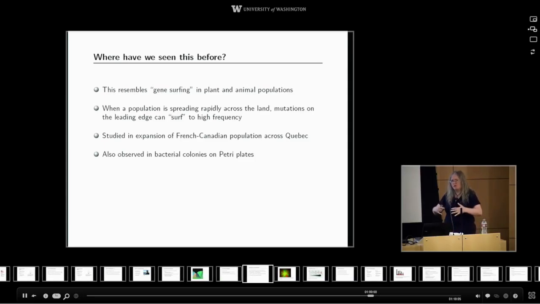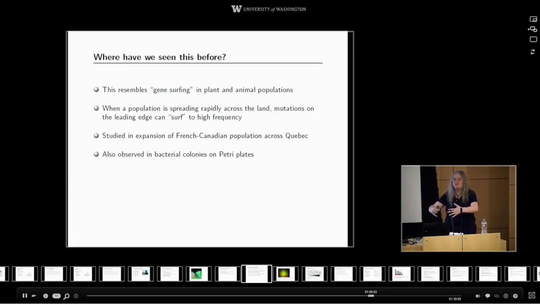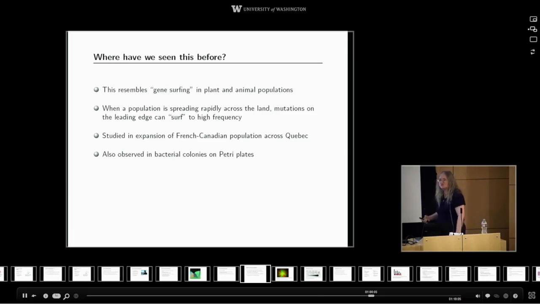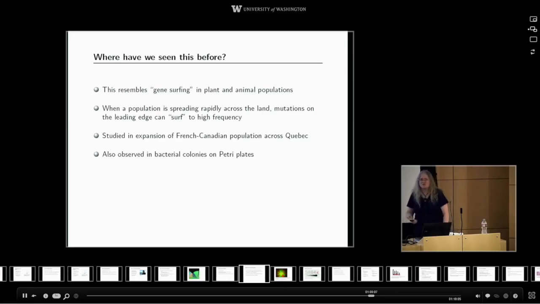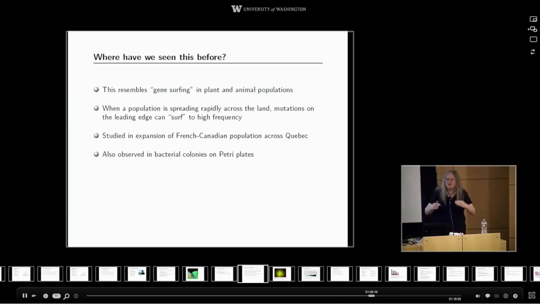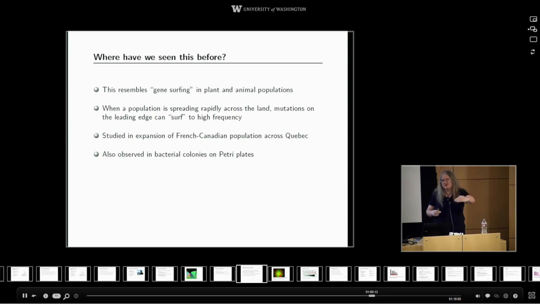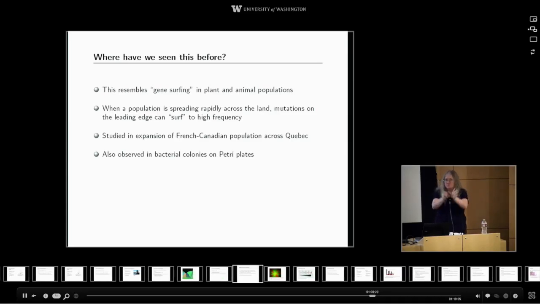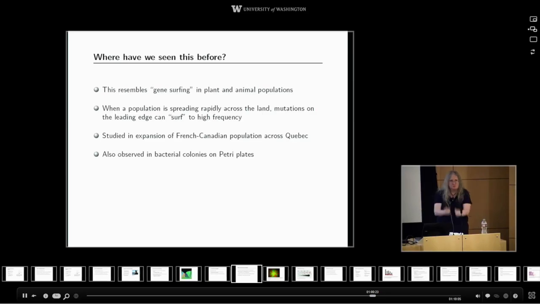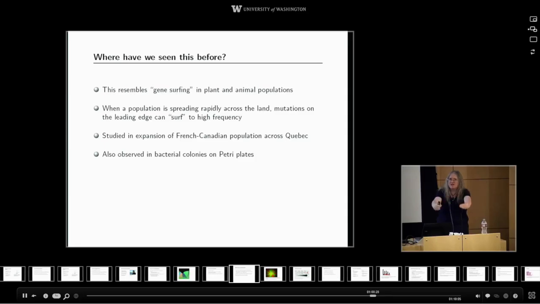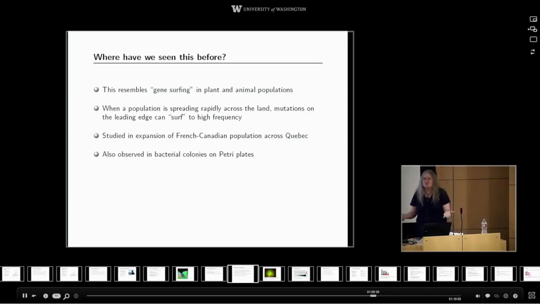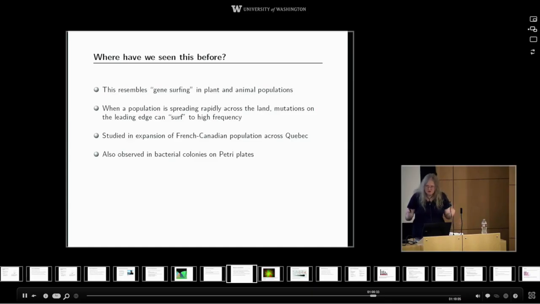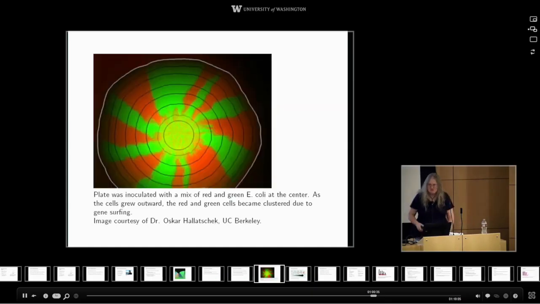The French-Canadian population that immigrated to Quebec grew really, really fast. It's one of the highest growth rates humans have ever achieved. Average families, I think, around 12 to 14 children. And a genotype that found itself on the leading edge where there was new land, new fertile valley land to colonize, was rapidly increased. So you get these booms of random mutations that happen to be present in a few individuals. And just because that individual hit the jackpot of being on the leading edge of the expansion, now they have thousands of great-great-great-grandchildren. You can also see this in bacterial colonies on Petri plates.